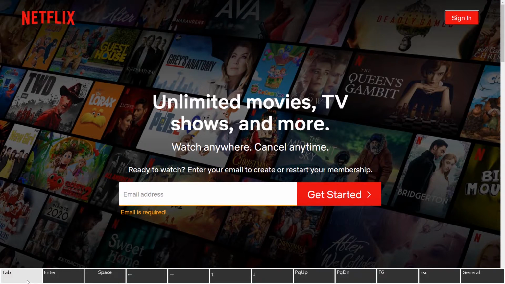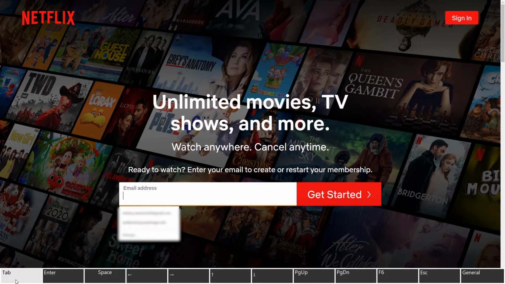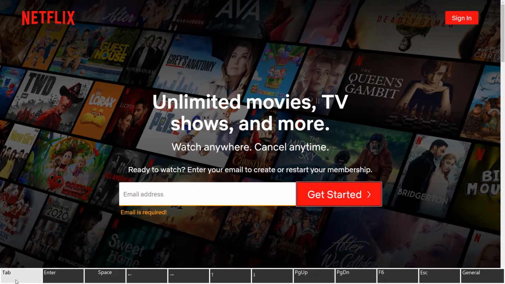Okay, so I guess the Netflix logo is not a link, so it doesn't have to be focusable. That's good. The sign in button is focused. I can see that. Okay, so there's barely any focus ring around the input field. However, I can see the vertical bar that shows that the field is focused, so that satisfies the WCAG focus visible criteria for input fields, so that's good. And let's tab again.